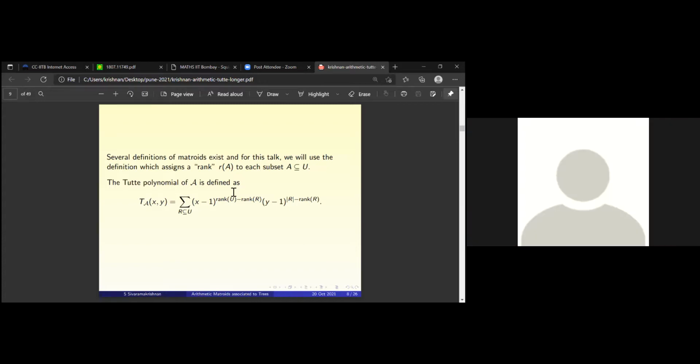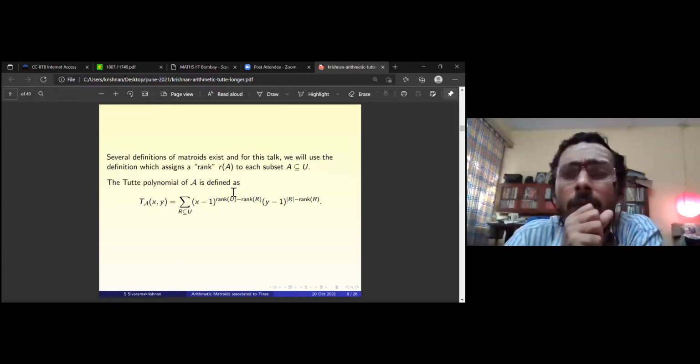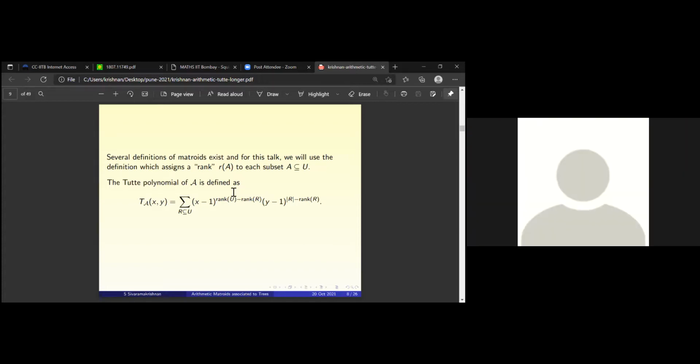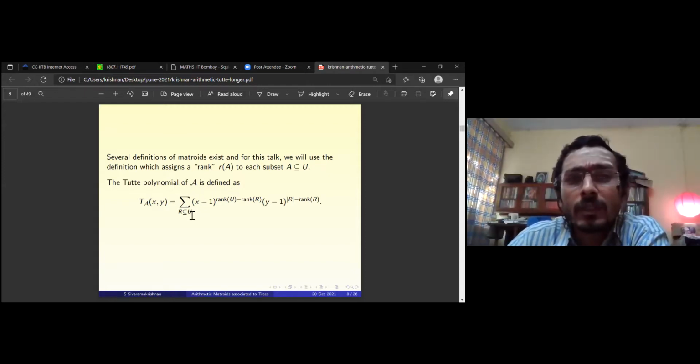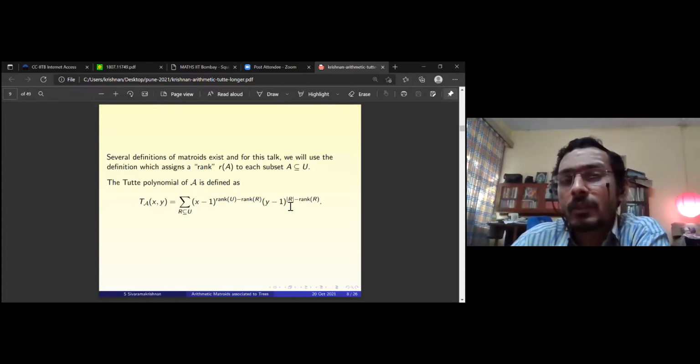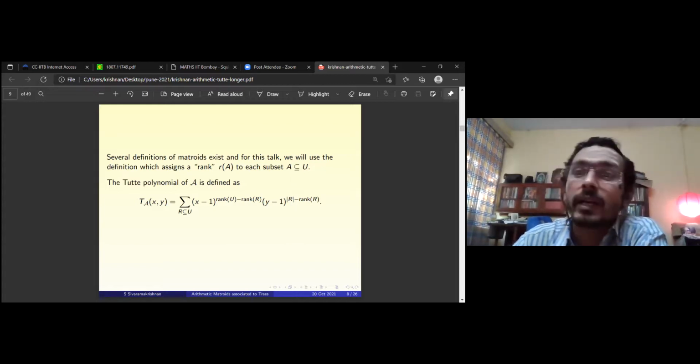Can I just have one question? For this formula, the right hand side does not seem to depend on A, script A. Correct. That A is used because of that U. It looks as if you're taking all subsets of U, so it just depends on U. There's no A in there. For some sets, the rank will not be defined for every A subset of U. What you're saying is correct.